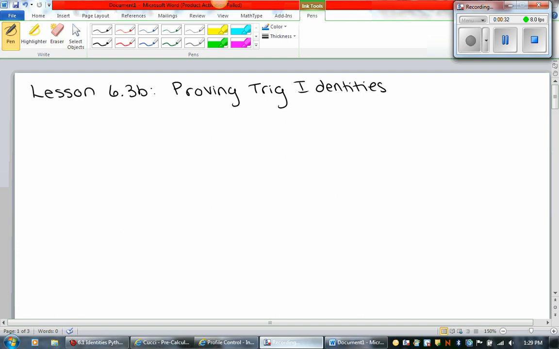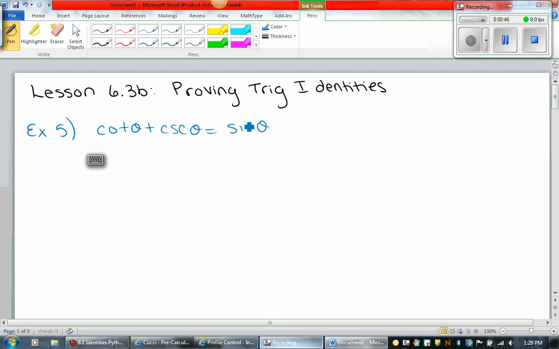Okay. So let's take a look at another example. And this is example 5, picking up from last time around. We're going to prove the identity cotangent theta plus cosecant theta equals sine theta over 1 minus cosine theta. Okay? So we need to choose the side that we would like to work with. So I think the side that we should probably work with is cotangent theta plus cosecant theta, because we know